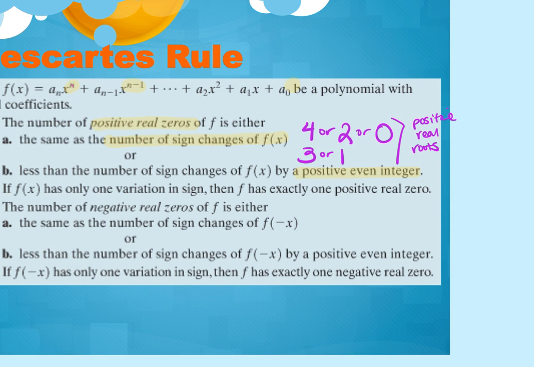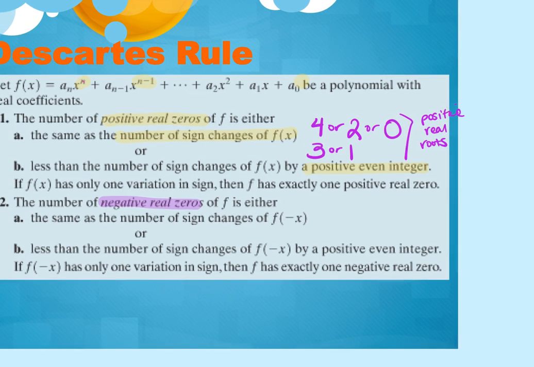The second one says the number of negative real roots, or real zeros, is the same as the number of sign changes of f(negative x). What that means is I'm going to plug negative x in for x, and then I'm going to count. And same, count the number of sign changes, and then every positive even integer subtracted from that. So same rule. If I count and there are 2 sign changes,